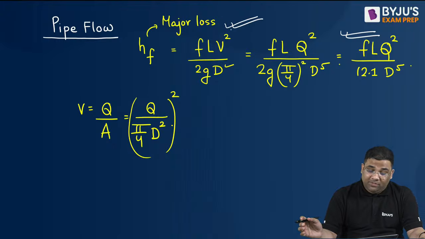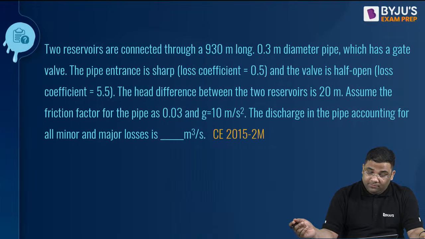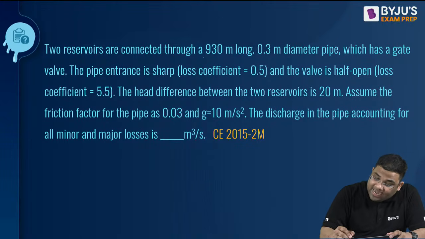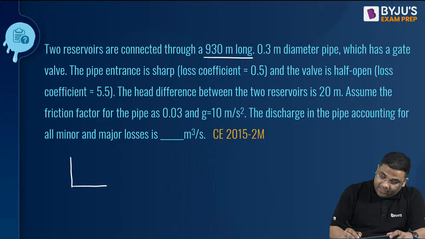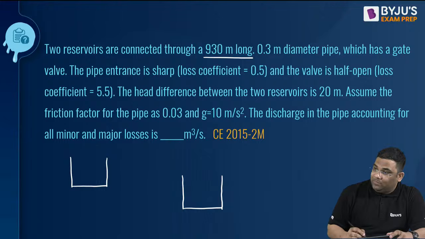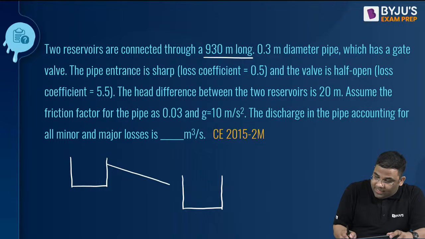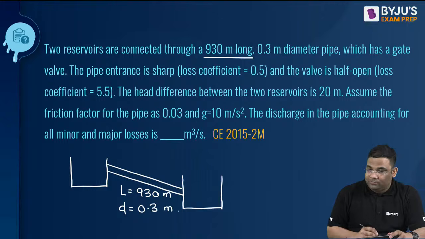Not one question asked in the previous question, that will cover a lot of concepts. This is a question. Two reservoirs are connected through a 930 meter long pipe. So suppose we have reservoir 1 here, and we have reservoir 2 here. Now we are connecting them. The length of the pipe is 930 meter, and its diameter is 0.3 meter, which has